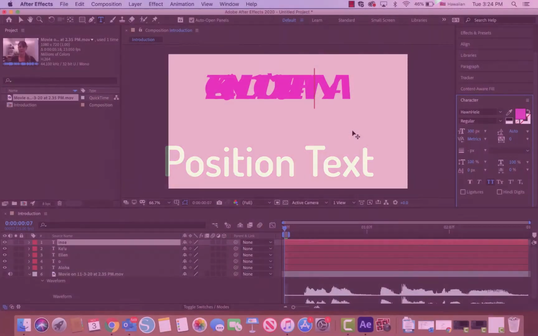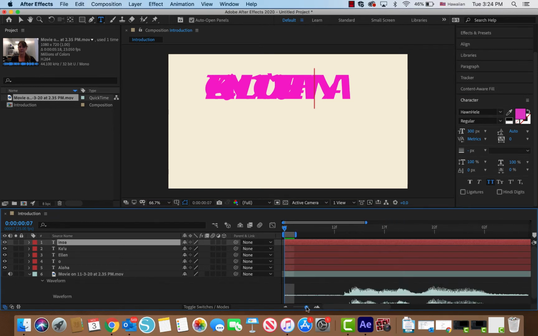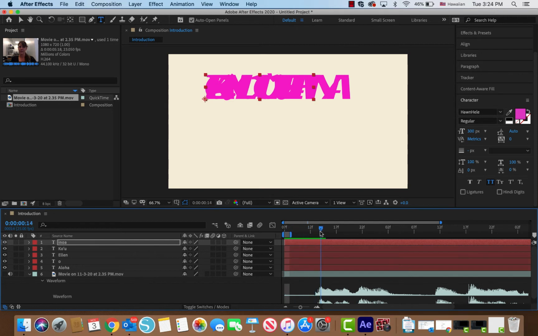Okay, so now we're gonna position our text. We're gonna do this a little bit at a time. So the first thing is I want to show you that this right here will increase and decrease the size of this panel so you can see your sound waves. So I believe when I press Command down and I take this,